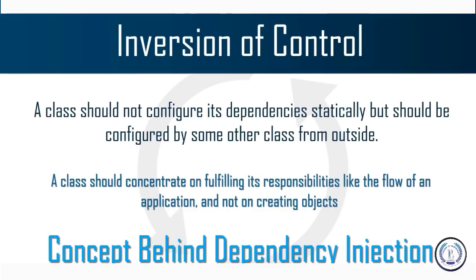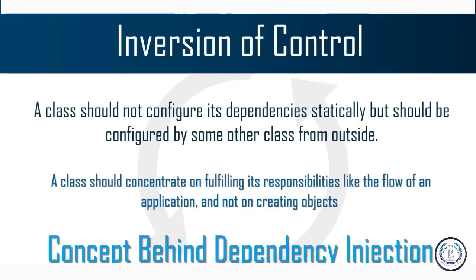to cook. According to the IoC principle, or the inversion of control principle, you can invert the control. So instead of you cooking the food, you can just directly order from outside, wherein you receive the food at your doorstep. So basically what's happening here is that you had to cook the food, but according to inversion of control, what you did was, you just ordered the food and then you got your food at your doorstep. The process of food delivered to you at your doorstep is basically the inversion of control, right? So in this way, you do not have to take care of the additional responsibilities and just focus on the